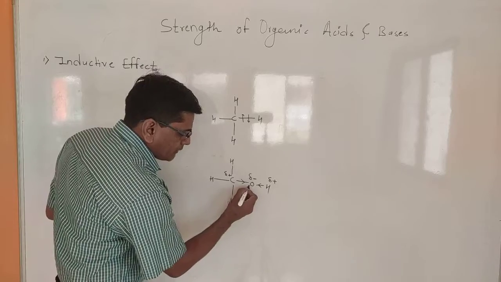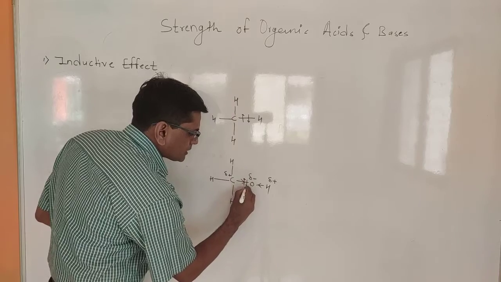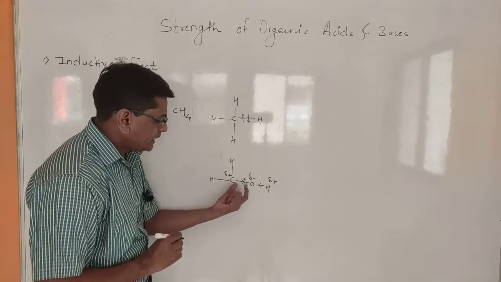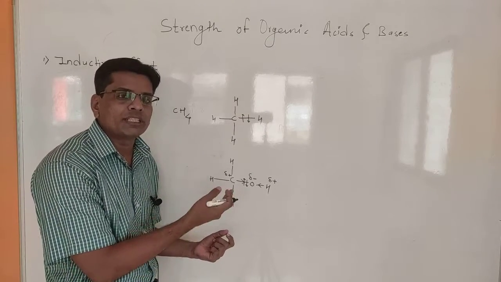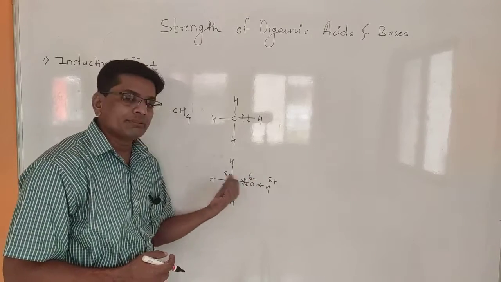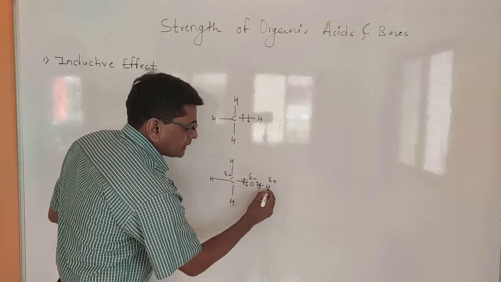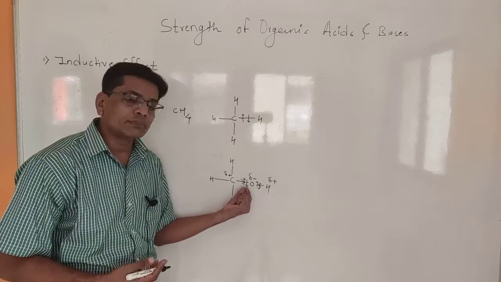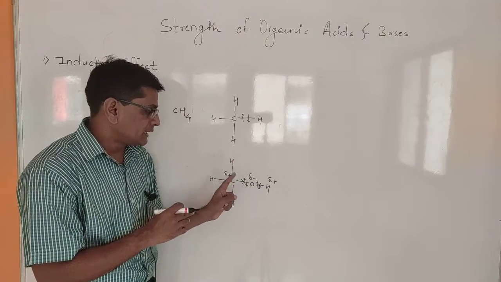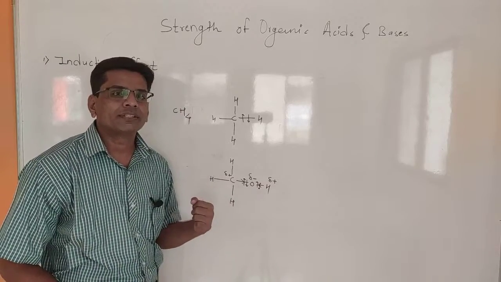So if this is electronegative oxygen and it pulls the electron toward it, the electron pair between this carbon and oxygen bond is more toward the oxygen, and then that oxygen becomes electron rich. That's why it creates partial negative charge. And the hydrogen or the carbon we consider both give the electron to the oxygen, that's why they become electron deficient, because their electron is also shifted toward the oxygen. Due to that, they create positive charge, and that's why there is partial positive and partial negative charge formation. This is called inductive effect.